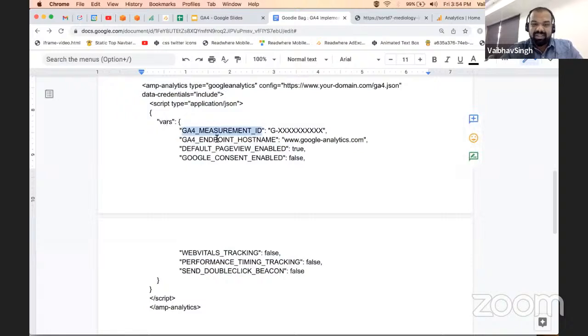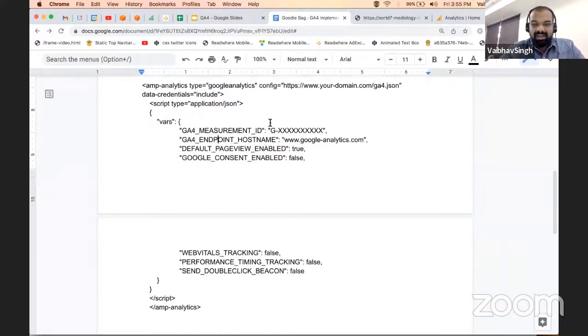Now, the list of these custom events is not particularly finalized and provided to us on the AMP portal, amp.dev or google.dev as well. But these are the standard set of analytics which has been used in UA. And some of the code reviewers have given us the nomenclature of these variables and custom events. So you don't need to worry about anything about that. You just need to fill in the data to make sure that you get all these events inside your dashboard.